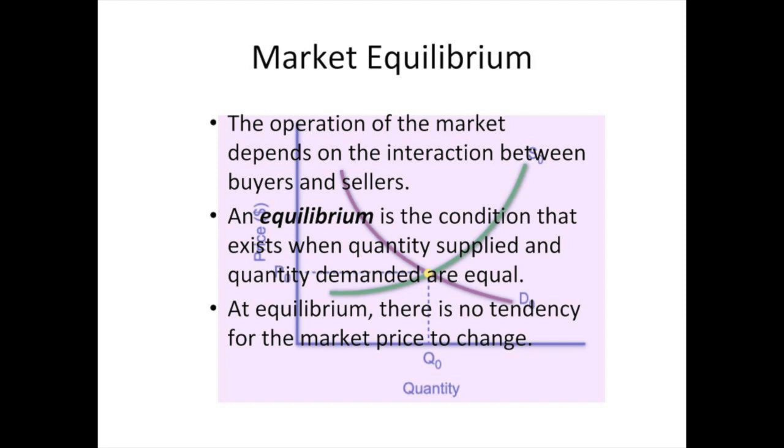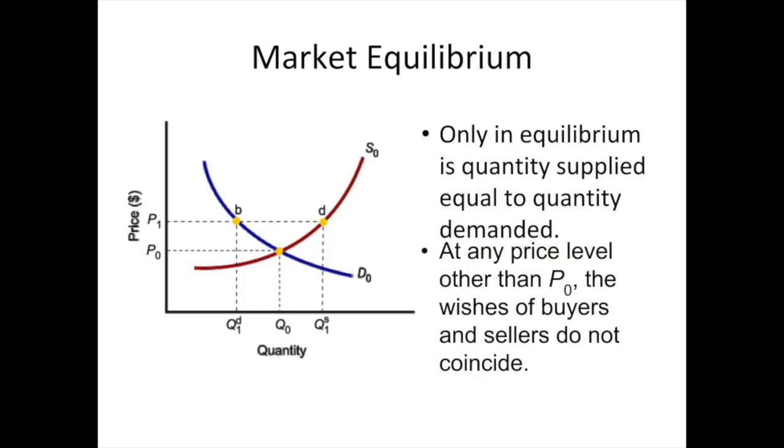So what we now need to do is analyze how supply and demand function together in the market. The first thing we need to do is look at the perfect relationship between supply and demand in the market, called market equilibrium. Market equilibrium is when supply and demand meet at the perfect price. With the perfect amount demanded and the perfect amount supplied, we call this market equilibrium. You can see this on the graph at point P0, Q0, the intersection point.